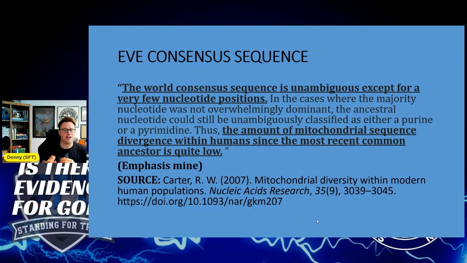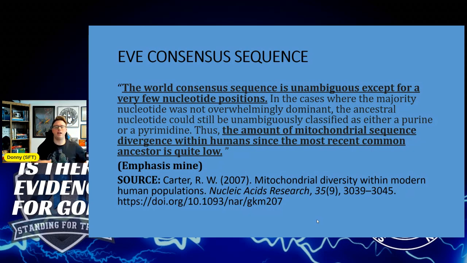In this paper, again, I want to reiterate the fact, Dr. Rob Carter discovered roughly 21 mitochondrial DNA mutations per person removed from Eve. That doesn't mean that, if I have 21 mutations removed and somebody else does, it's in the exact spots. It's just roughly 21 mutations or deviations removed from the Eve consensus sequence.